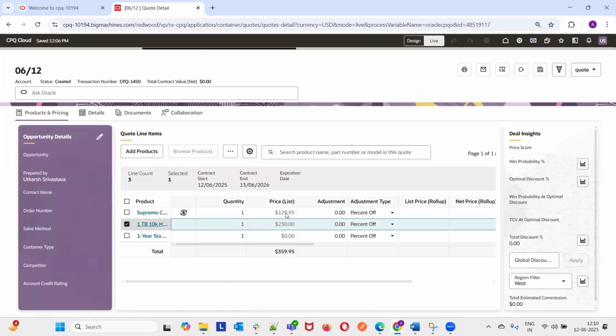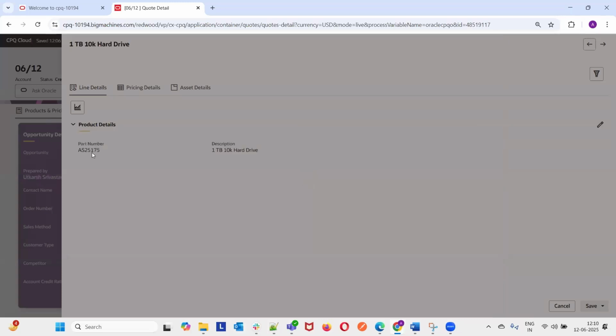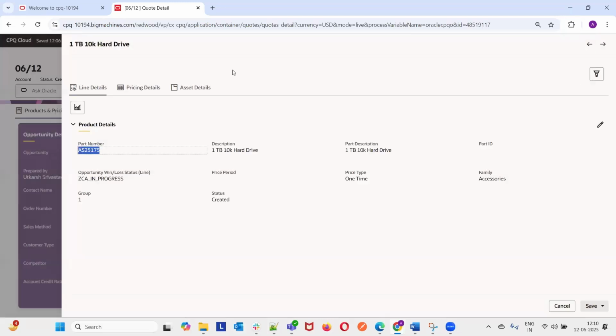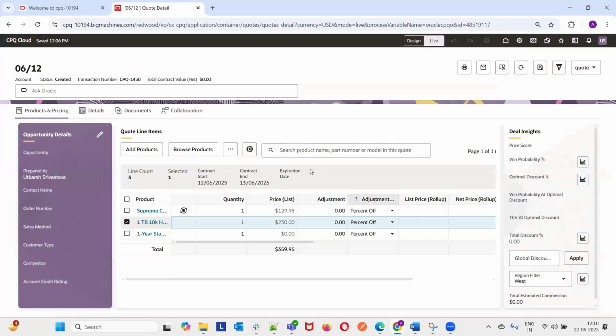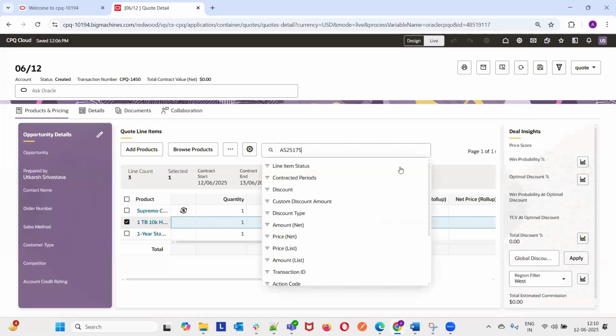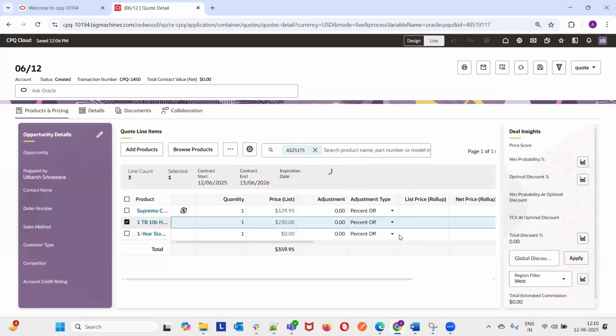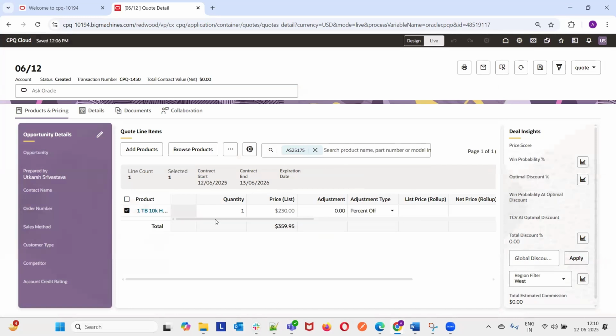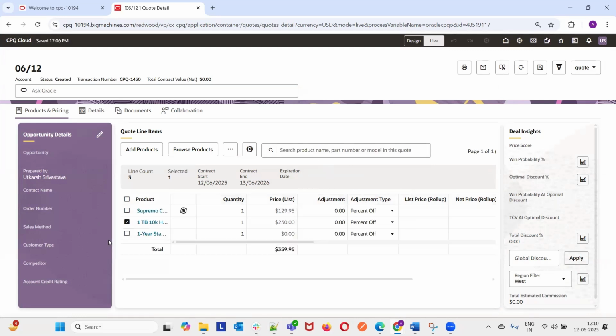For example, if I click this and copy the part number and search it over here, then we can see that particular item to be displayed over here. So in this way, we can search the products easily in Redwood UI on the line item grid.